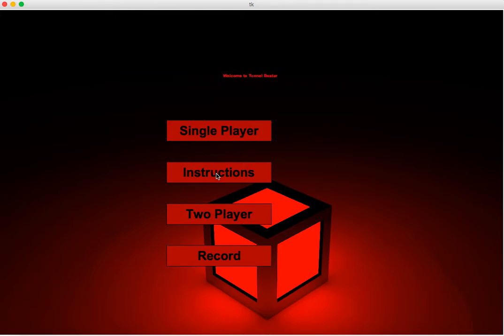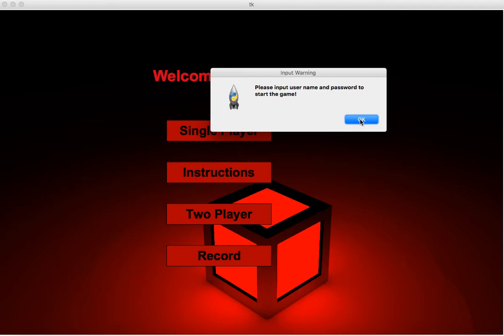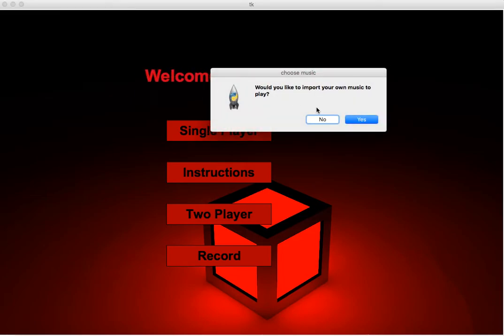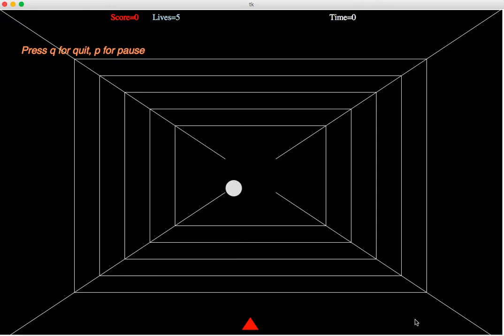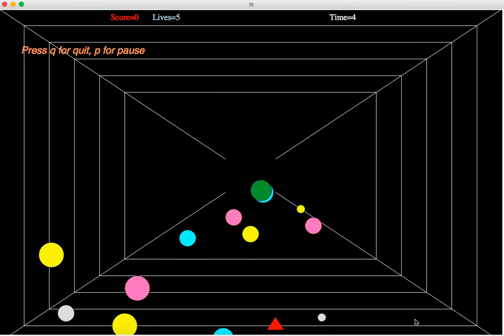Now, basically, Tunnel Beater is a highly interactive game that requires user identification input in both modes. So if you don't type in anything, you'll receive an input warning. And if you choose not to import your own music, you can choose from the ones that already exist in the system. The way I have incorporated the beat detection design into this game is that